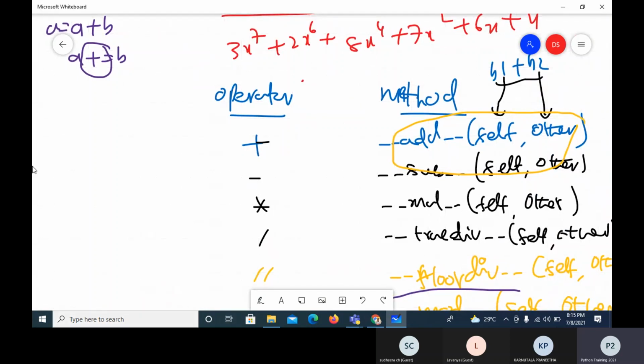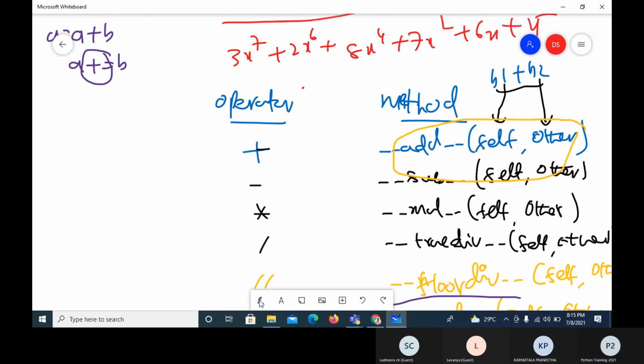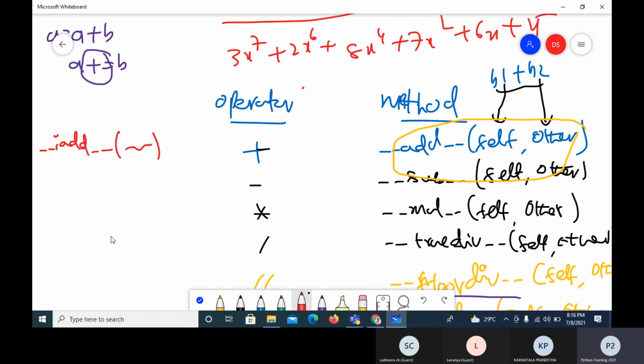So you can say underscore underscore iadd underscore underscore, again same self and other. Then for subtract, underscore underscore isub underscore underscore.